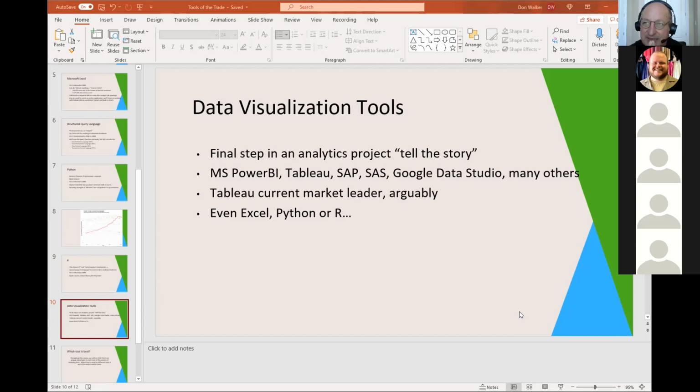Although Salesforce is such a high paying niche, I've been really tempted to do some tech refresh in that area. But then you can do Excel, Python, R. You can tell a data visualization story in both table format and charts and graphs and whatnot, using Excel, Python, R,